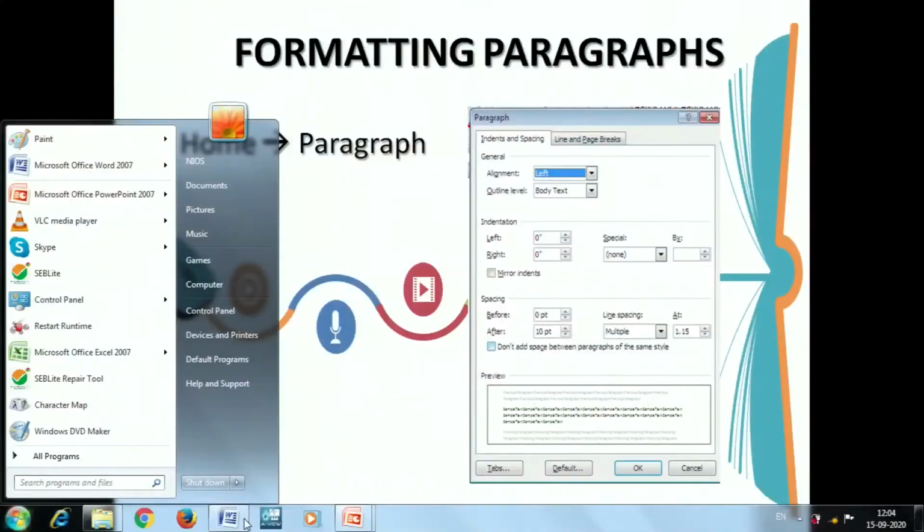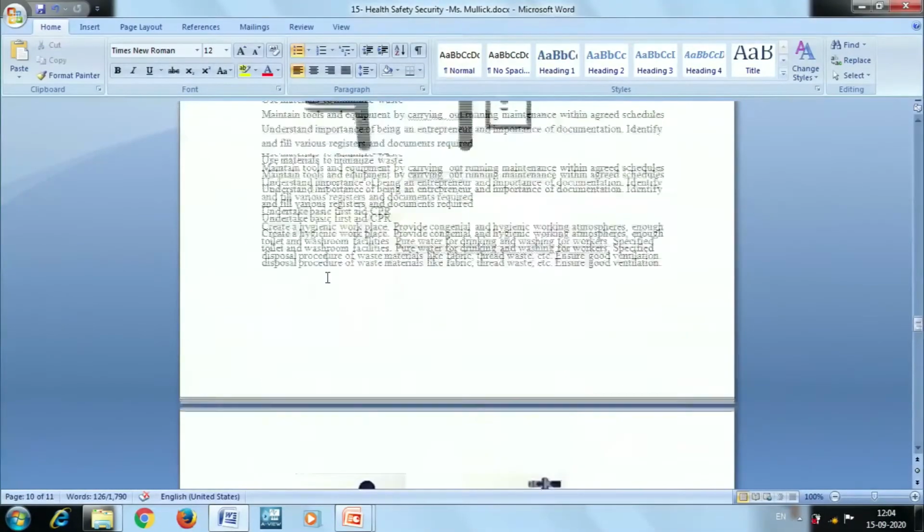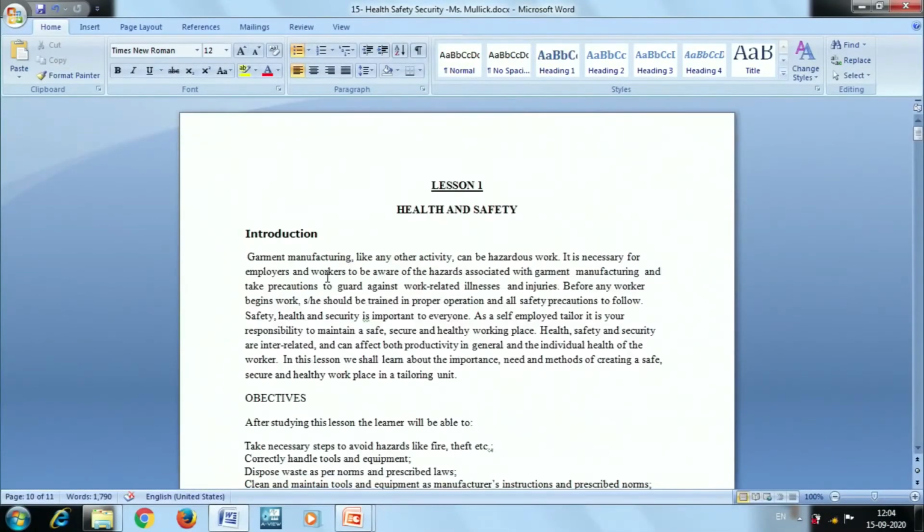Welcome back. Today we are discussing formatting documents. In that we discussed how to do character formatting. Now we are going to discuss paragraph formatting. So let's do the demo also. This is the document we were working on. In that we have applied some character formatting for this particular heading and so on.